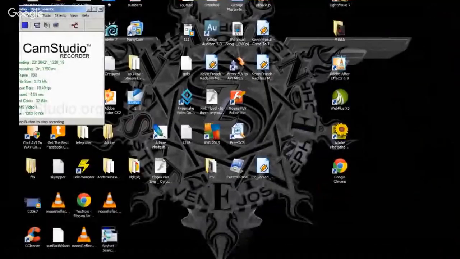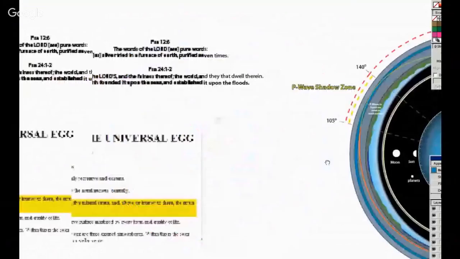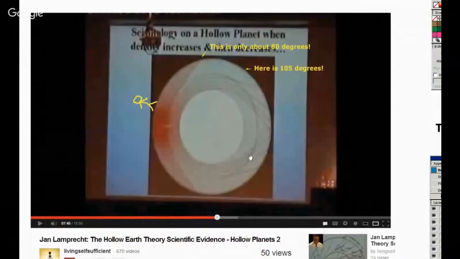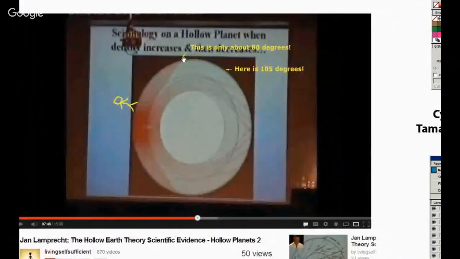Okay, seismic waves within an inverted hollow Earth. There's a version by a man named Jan, whatever his name is, where he gives his own version of the hollow Earth and how the seismic waves move. Initially they proposed this model: you're standing on the Earth, which is convex, though it's not really convex. There's a shadow zone at 105 degrees to 140 degrees where virtually no seismic activity occurs. However,